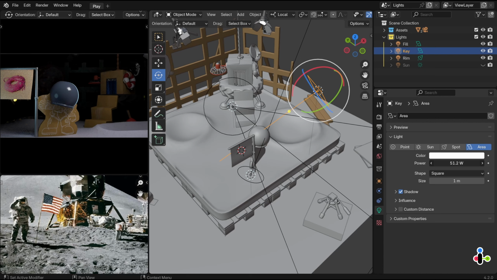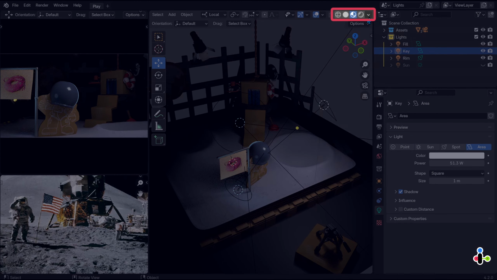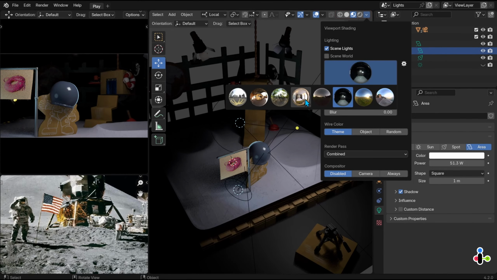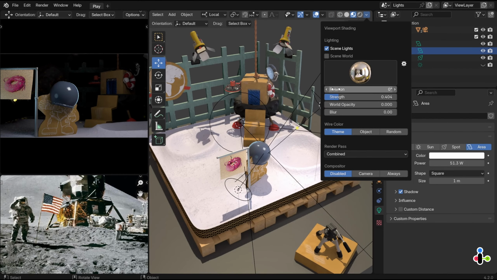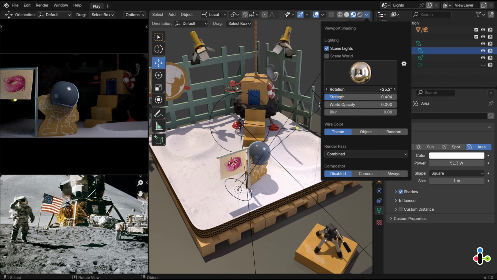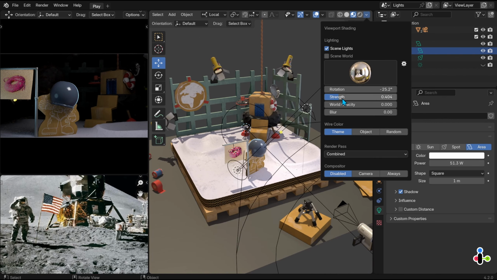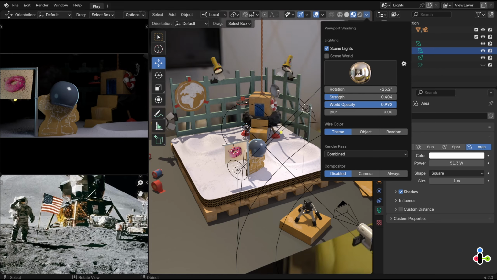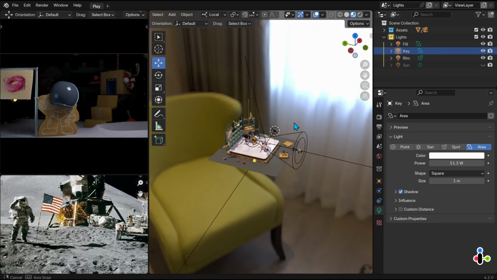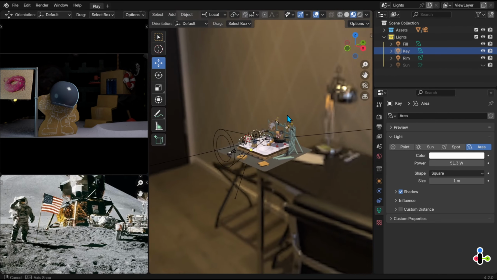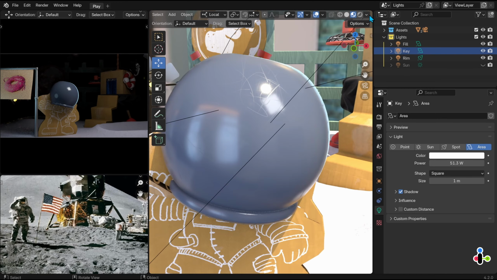So we should get to know the world light. In material preview mode, there are several presets. We can control their intensity and rotation. Now there is ambient light in the scene. It's even possible to see it if we set it up. The scene seems to be inside this place, and it affects the lighting, the colors, and the reflections, like here